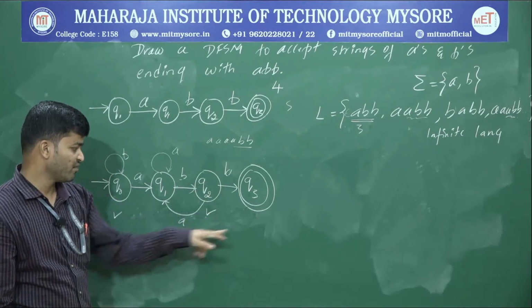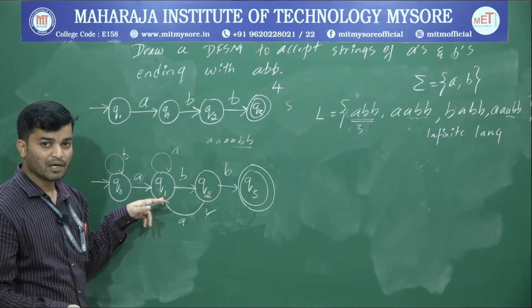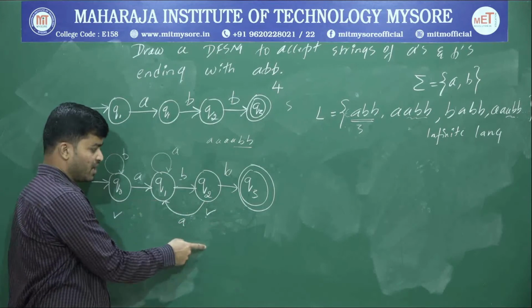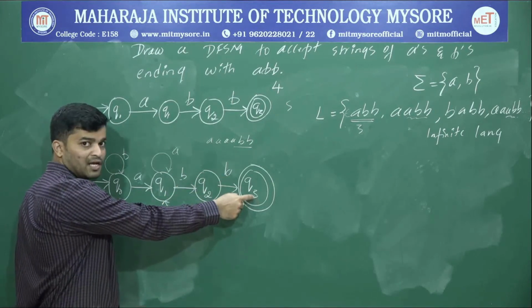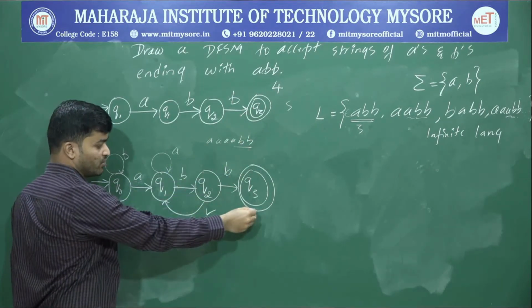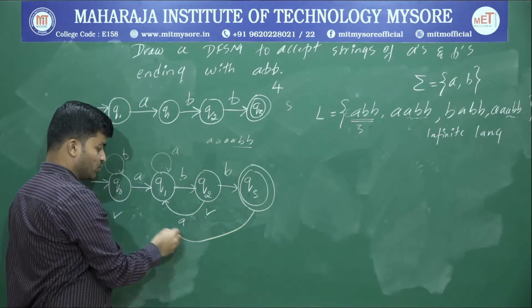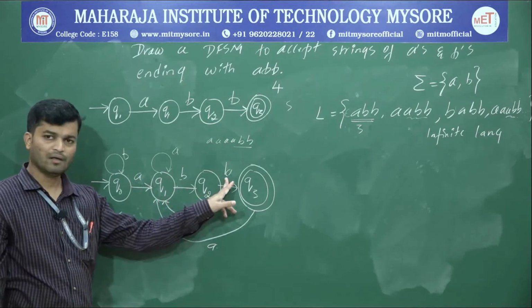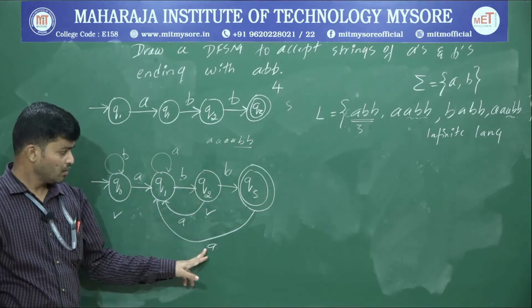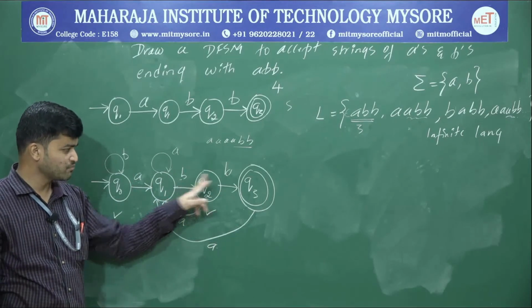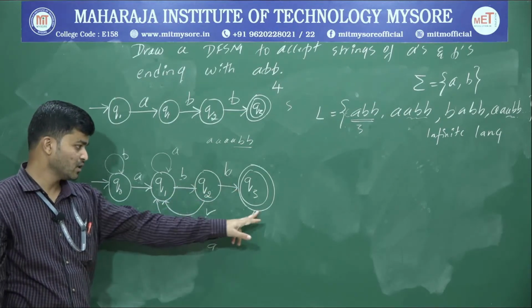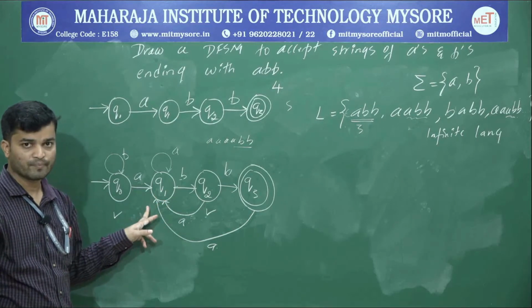Just observe. Somewhere if I connect, I'll get B, B at the end. A, B, B. So if I connect here, what will happen? A, B, B before going to the accepting state. So that is our requirement. So try to connect Q3 to Q1 upon A. So A, B, B, then again A. Before going to the accepting state, it will accept 2 more B's. Therefore, it will end with A, B, B. Therefore, connecting Q3 upon A to Q1 is a valid option.